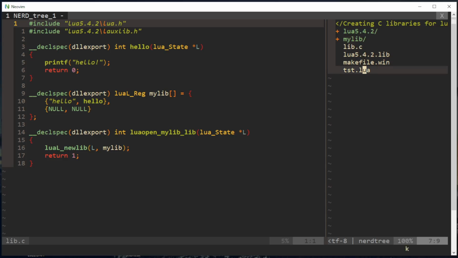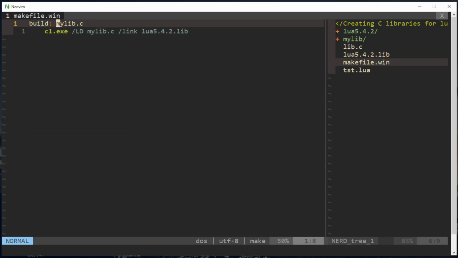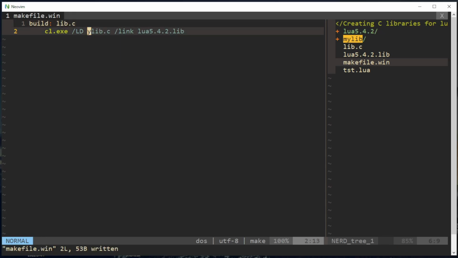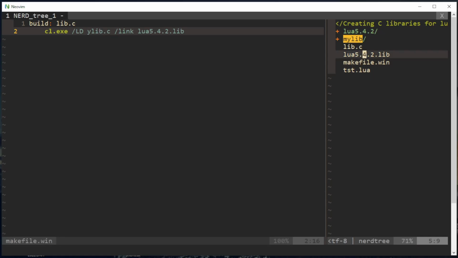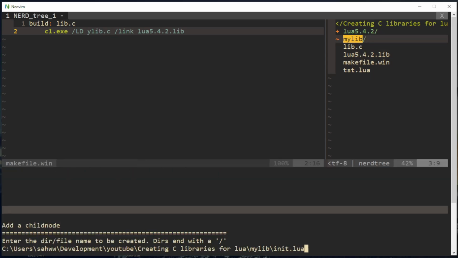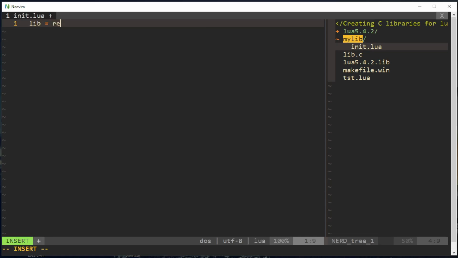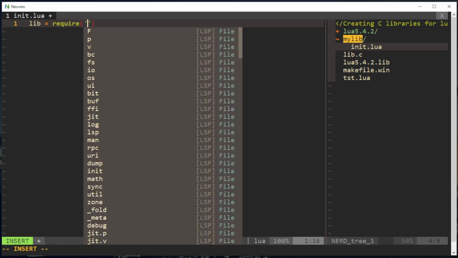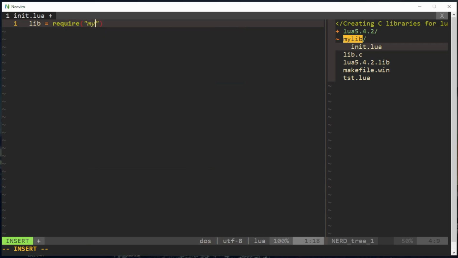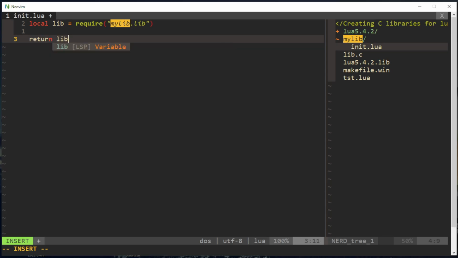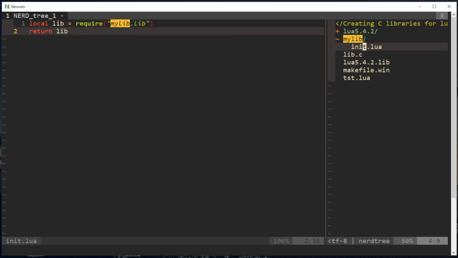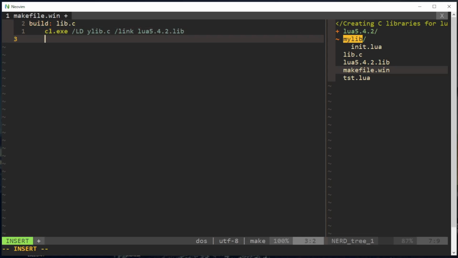So rename this to lib. There we go. Now make it an init.lua file. Lib equals require mylib.lib, return lib. Here we go. And then we're going to have to add, so let's move